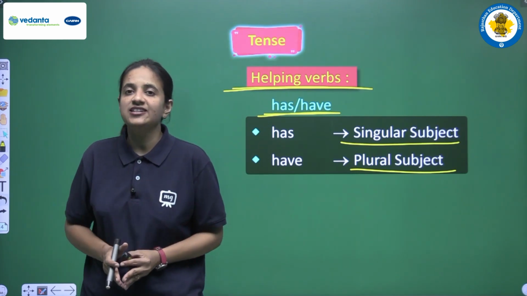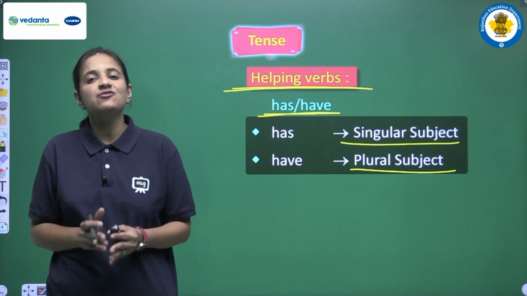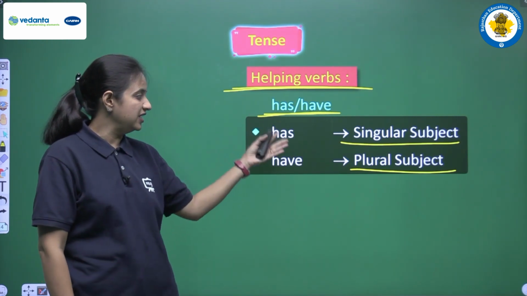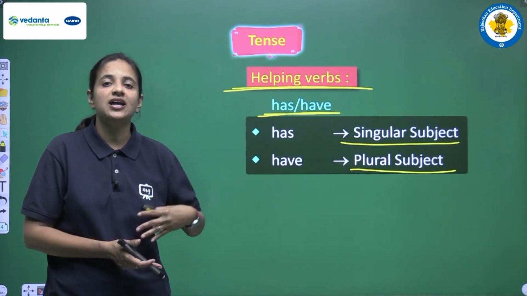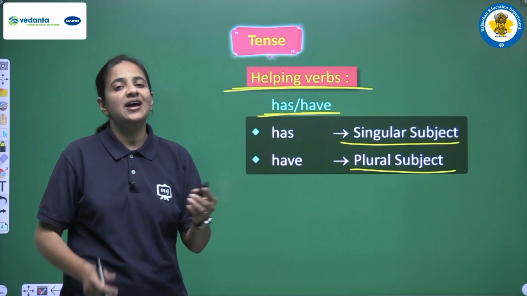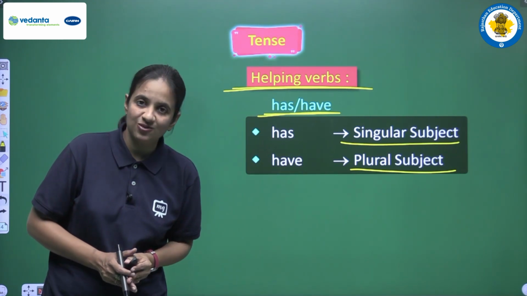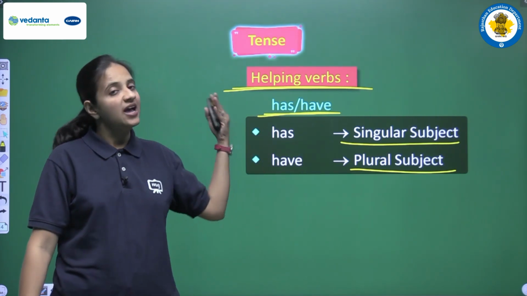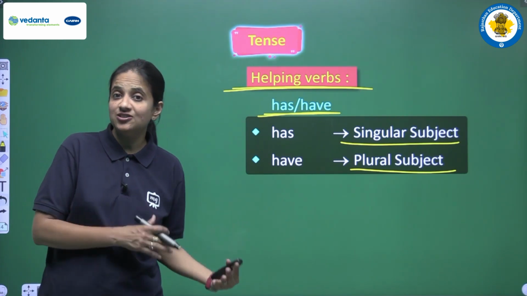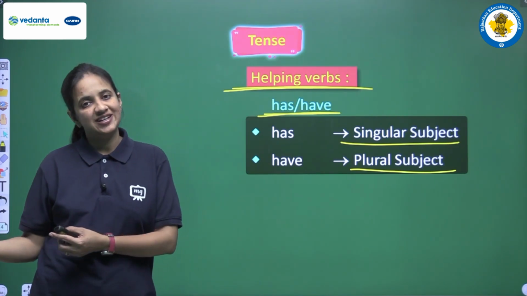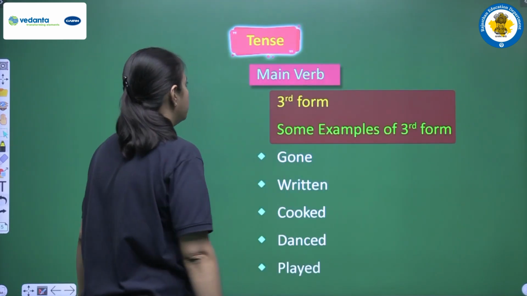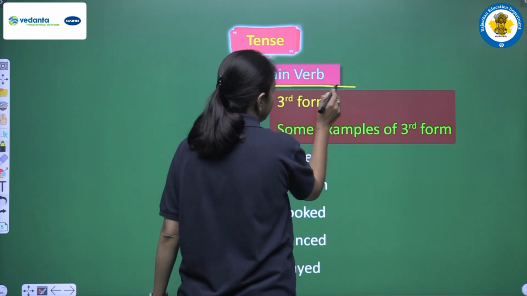So sentence का structure चाहे जो भी हो, चाहे किसी भी form का sentence हमें दिया गया हो, always we have to use these rules, always we have to follow these rules of helping verb. We have to use has and have, and according to the subject, for singular subjects always we use has, and for plural subjects always we use have, okay, regardless of the thing that what kind of sentence we are having. Clear?